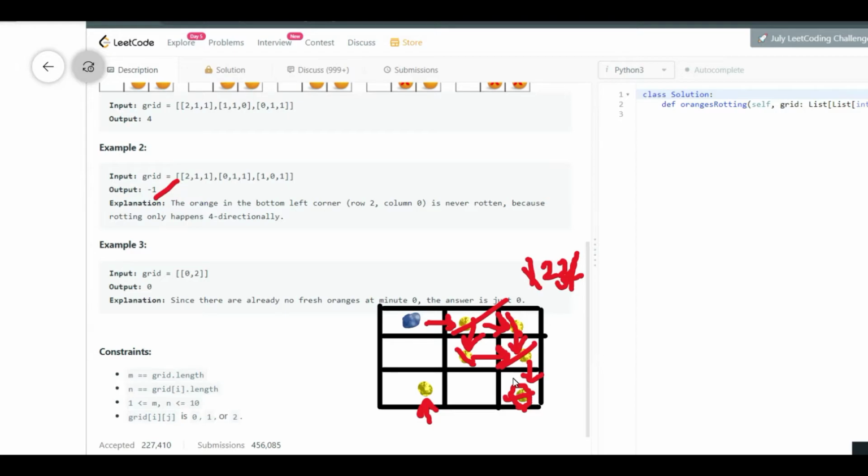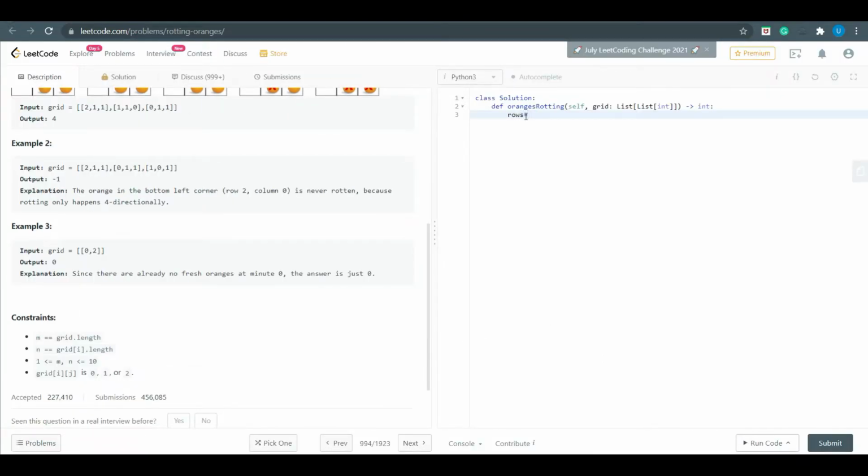We can start coding this question. So let's store the rows length and column length of grid 0. Now we'll use BFS as discussed. Let me store all the rotten oranges in a queue, because we'll be traversing based on the rotten oranges using BFS, right? So for i in range of rows and for j in range of columns,